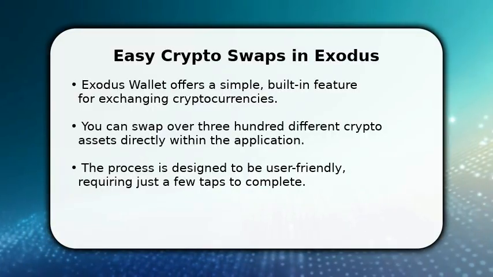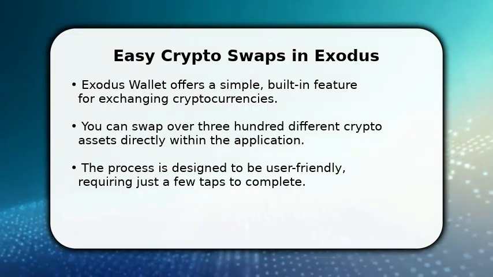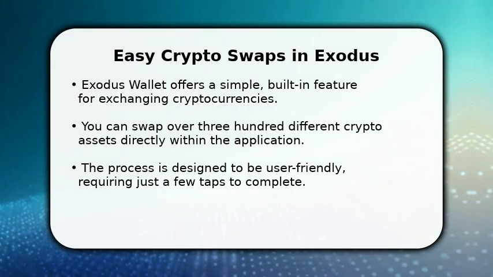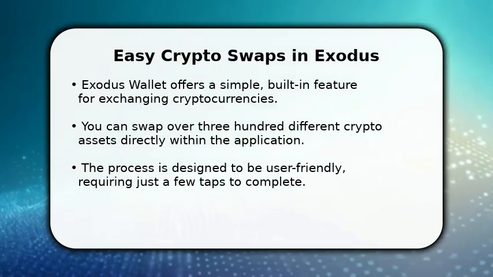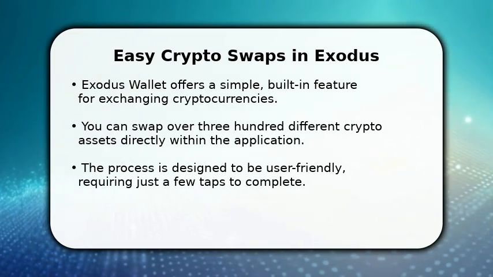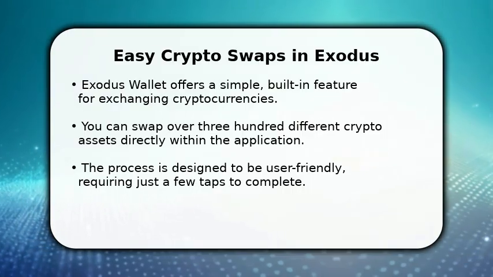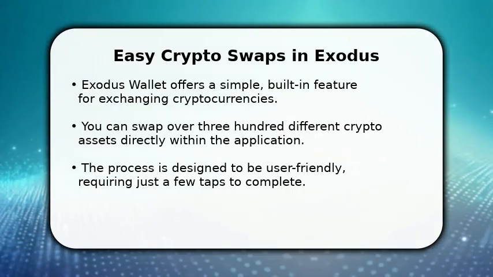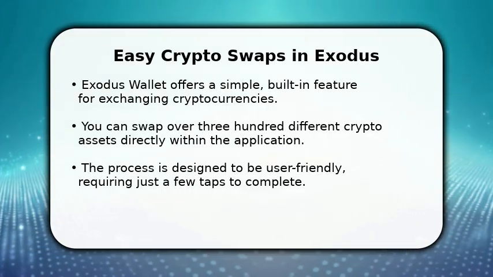In this video, I will explain how to easily swap cryptocurrencies within your Exodus wallet. This built-in feature allows you to exchange one digital asset for another directly, without needing external platforms. It's a straightforward process, designed for convenience, letting you manage your portfolio efficiently. You can swap hundreds of different crypto assets, making it simple to diversify or rebalance your holdings right from your